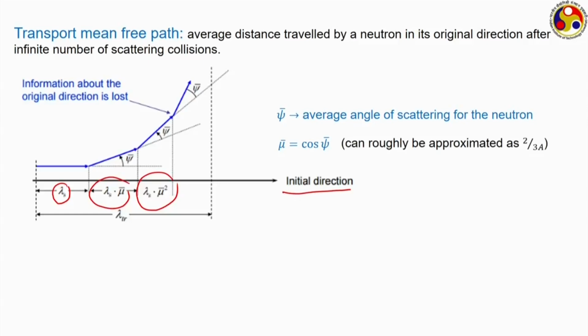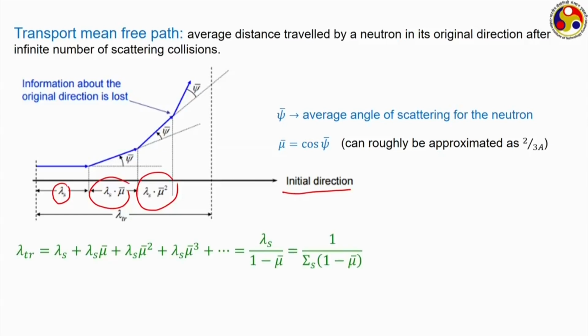And this mu bar is something beyond us, but statistically it can be proved that mu bar is actually 2 by 3 into A, where A is the mass number of the target nucleus, that is, the moderator nucleus which is inducing the scattering. So, if we want to know the value of this transport mean free path, lambda tr, where tr is always transport, we need to